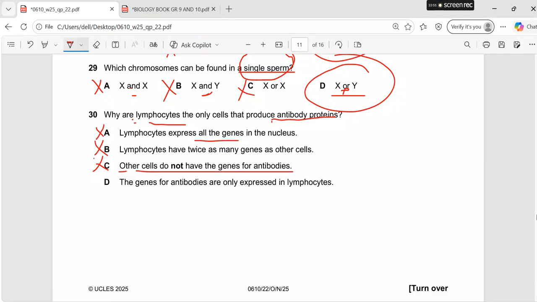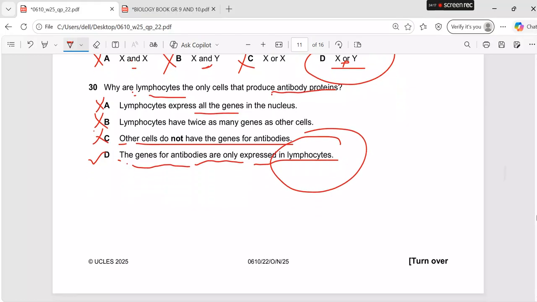Look at this. Very, very interesting. Other cells do not have the genes for antibodies. No, they do have, but they are not expressed. They will be only expressed by lymphocytes. So here we go. The genes for antibodies are only expressed by lymphocytes. So now you know we need